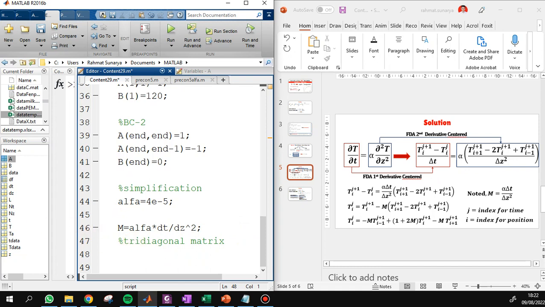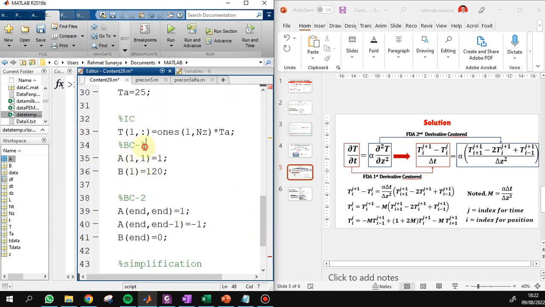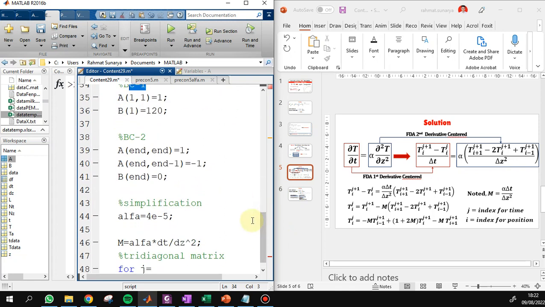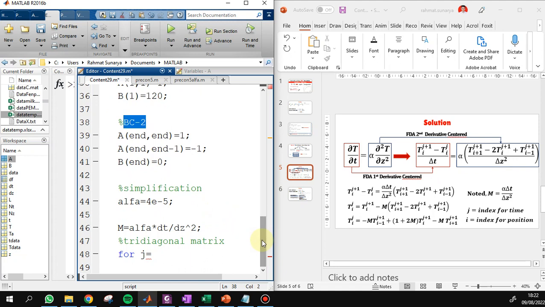Next for the tridiagonal matrix. For the tridiagonal matrix, start from 2, because in the first step we fill with boundary condition 1, and the end step we use boundary condition 2. So we only fill the interior. For time, start from 2 until nt, because time has no boundary condition, only an initial condition.